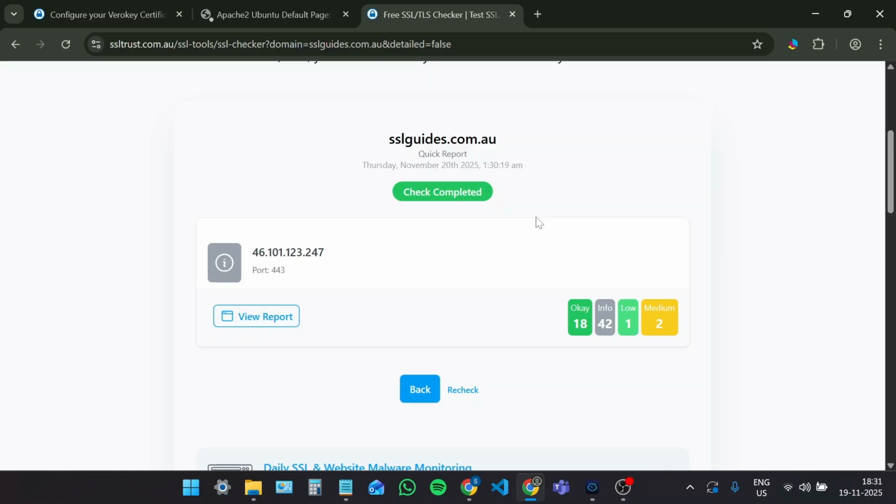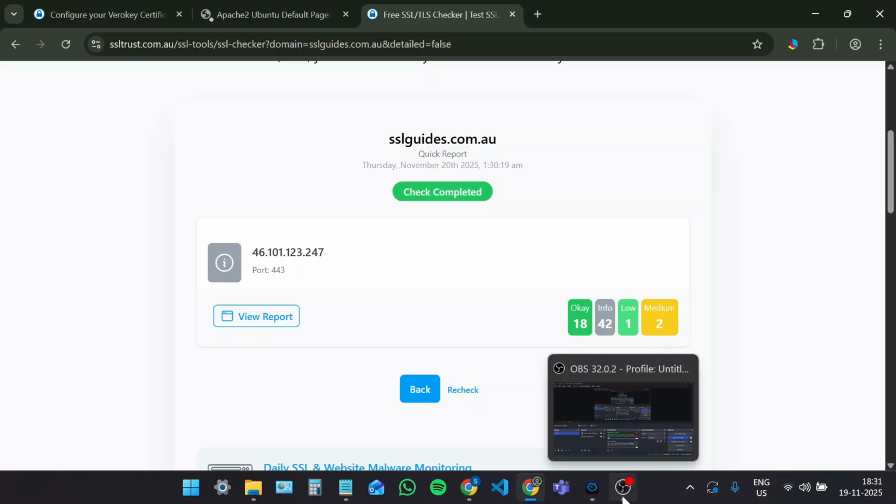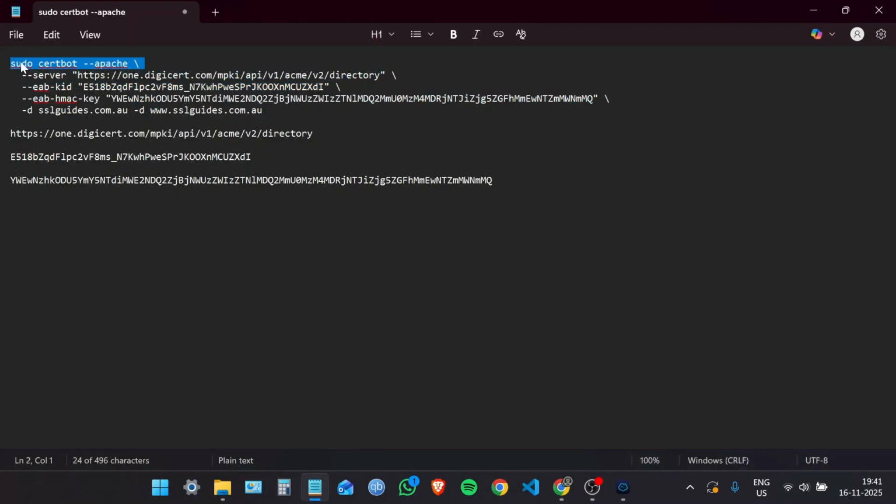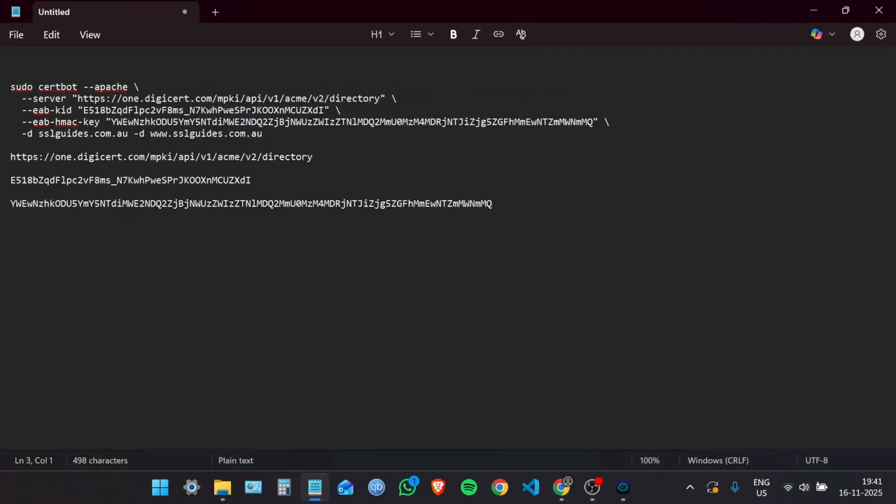Now, one final thing that we need to do is check the renewal of our SSL certificate. So basically, we are going to perform a short simulation to test whether certbot is automatically able to renew certificates at the correct date and time. So for that, we are going to perform a dry run, which is basic sudo certbot. I am going to use my notepad to execute multiple commands in one line. So I'm going to type in sudo certbot renew. Then we're going to do a dry run /,